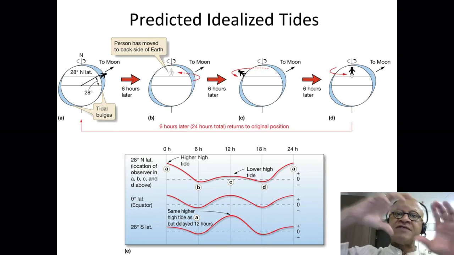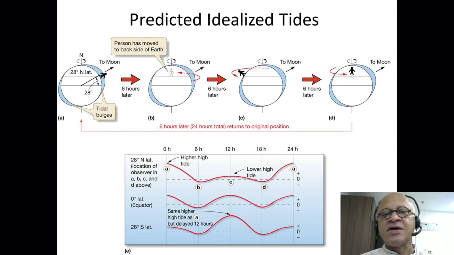Okay, so just see how tide levels change based on at what latitude you are and where the moon is overhead. So you have the tides, and then you have where you are, the location where you are. This is what I mentioned as unequal tides. So you have unequal tides.